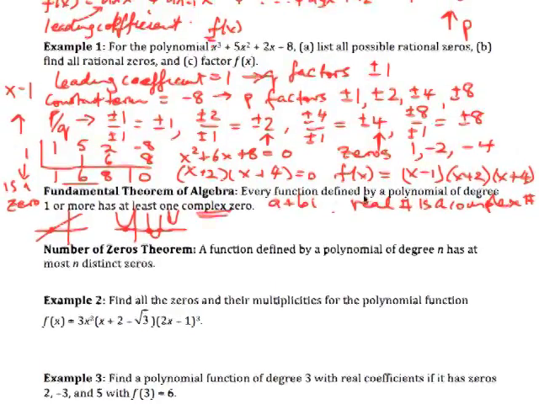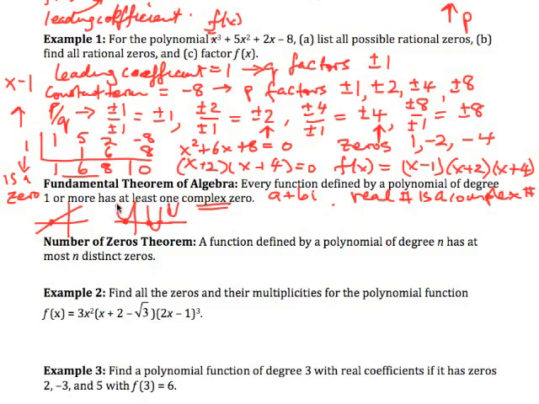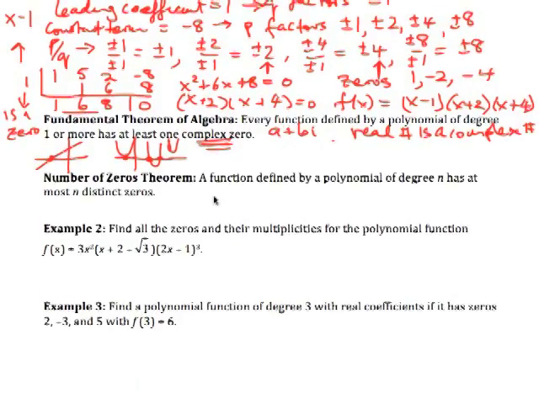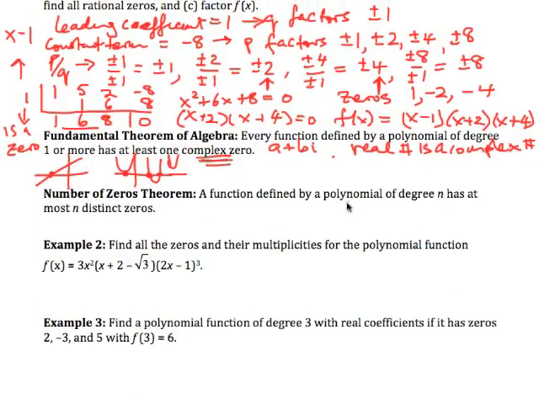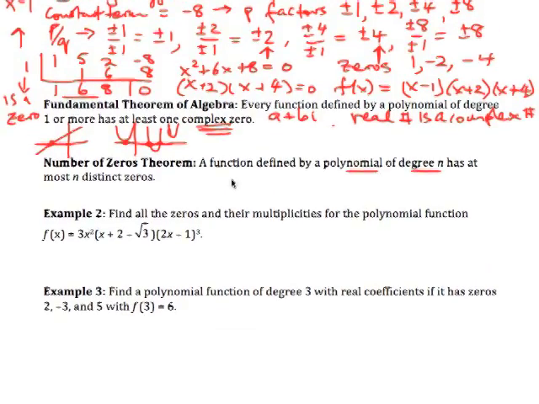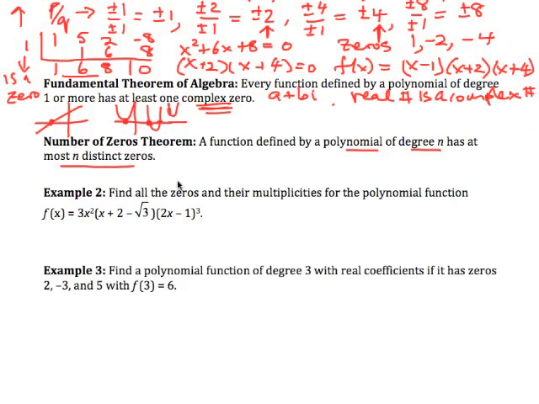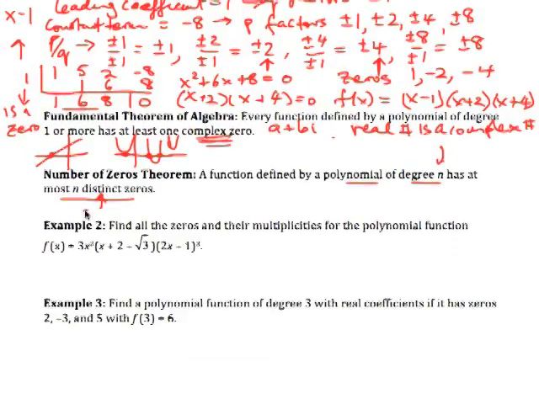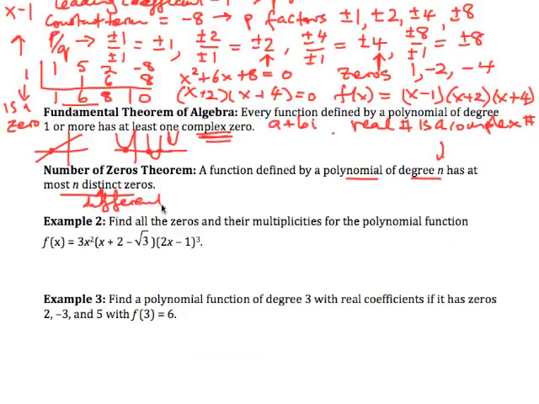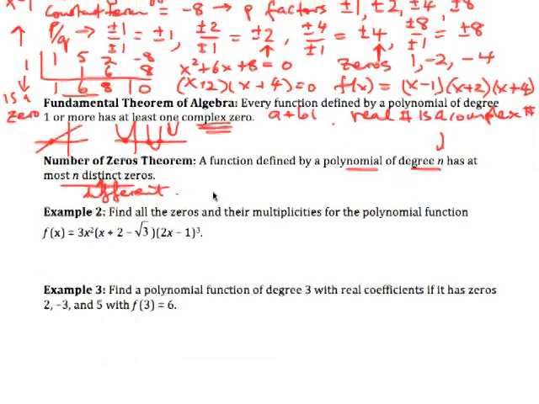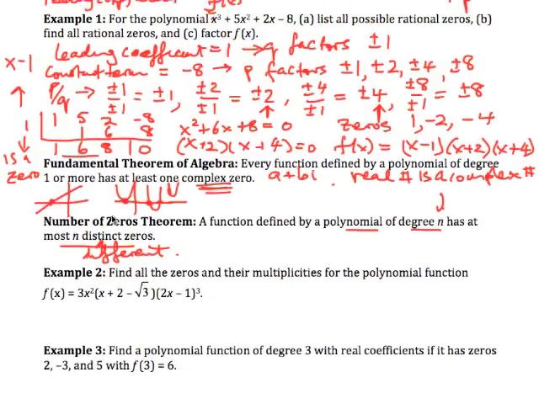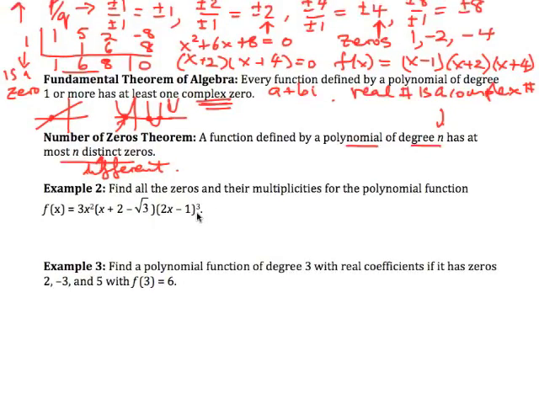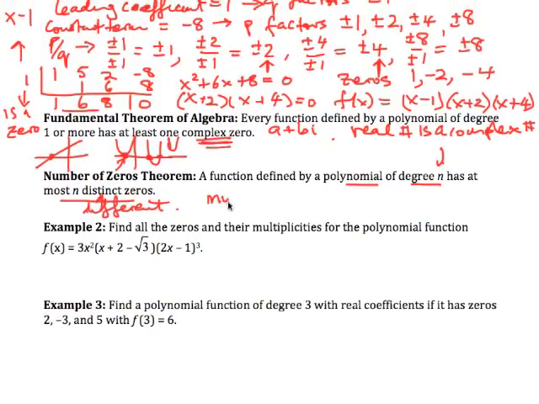But this is really saying that every function defined by a polynomial of degree 1 or more will have at least one complex 0. And this leads us to what's called the number of zeros theorem. A function which is a polynomial of degree n has at most n distinct zeros. So it can't have more than the degree number of distinct zeros, distinct meaning different. That means we do have ones that are the same as each other, just like this one here, where it just touches the x-axis. And this leads us to a term called multiplicity,